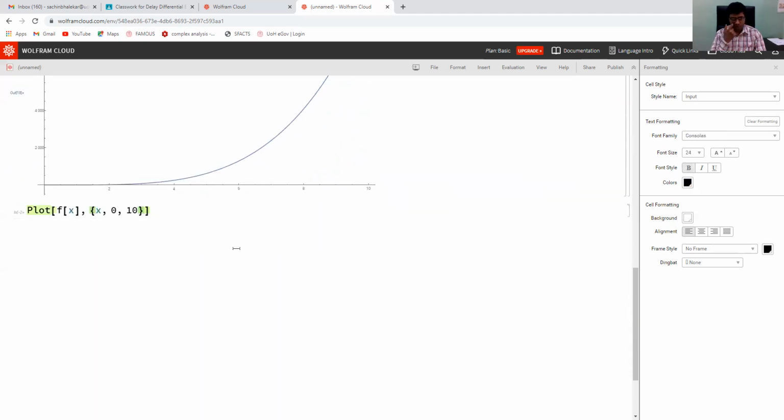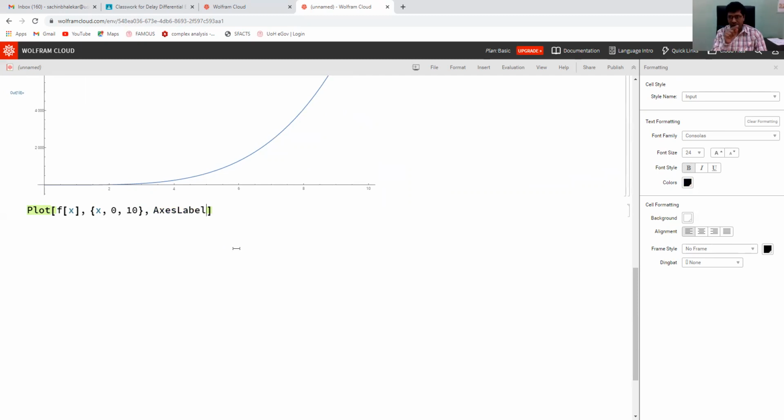So how to give labels to axes? After this command, you need to put comma and then use the option AxesLabel. A should be capital, and L should be capital: A-X-E-S-L-A-B-E-L. Then put arrow. How to put arrow?